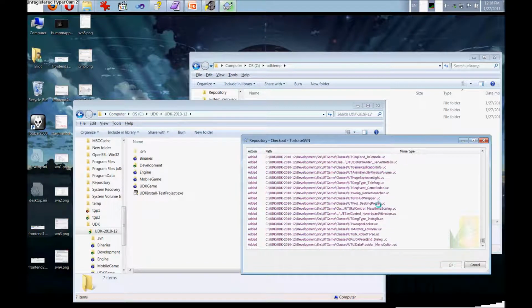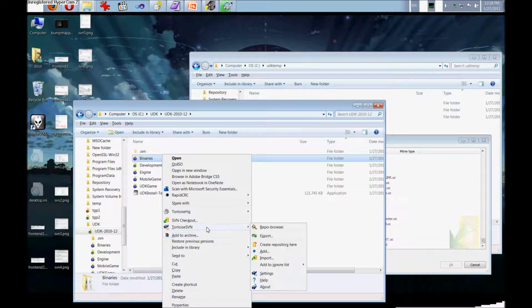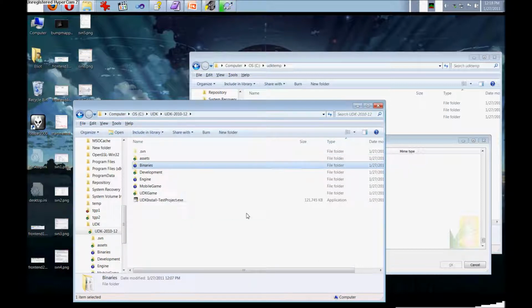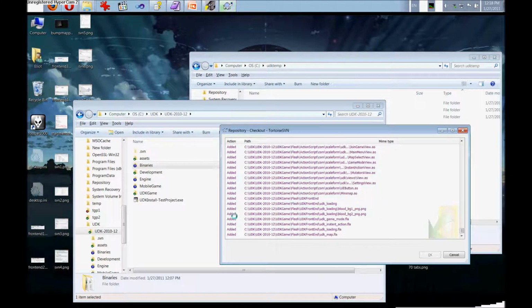Now, for example, let's say you wanted to ignore a bunch of files, which in our case, we know we don't want to include in the binaries. You just right-click on any of those folders that you want to ignore, go to Tortoise SVN, add to ignore list, and add that folder to the ignore list. Well, I guess I have to wait until my SVN checkout is done. So we'll wait a second to do that. But it's just as simple as that. It's adding, adding, adding. It's almost there. As you can see so far though, and now that's done,